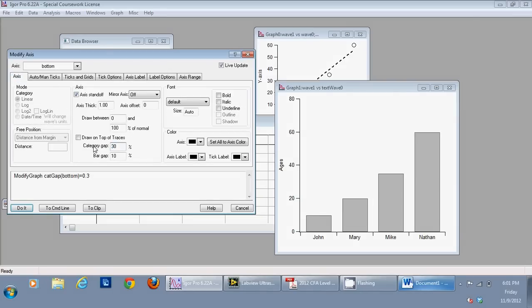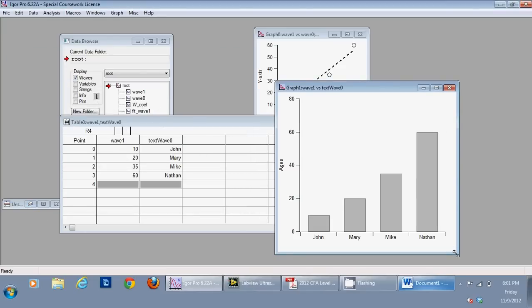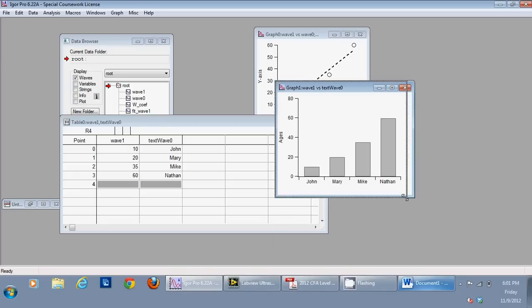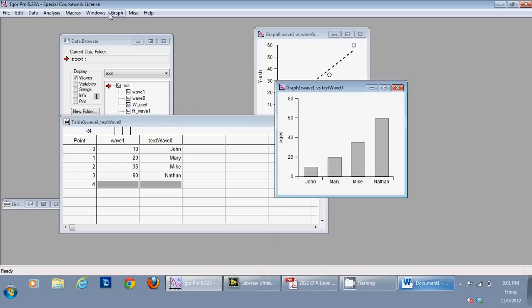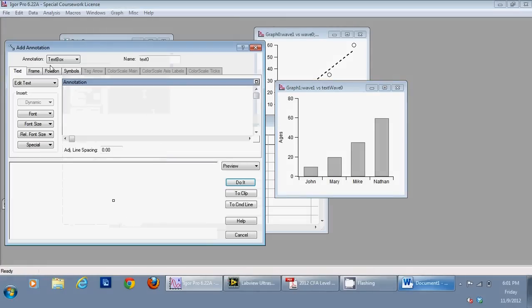So let's do 50 and do it, and then now I can say graph, add annotations, and then say legends, and then it says ages. So do it, and this is how it shows up.